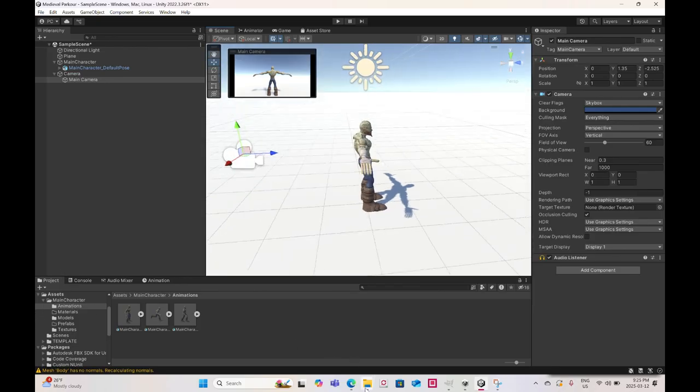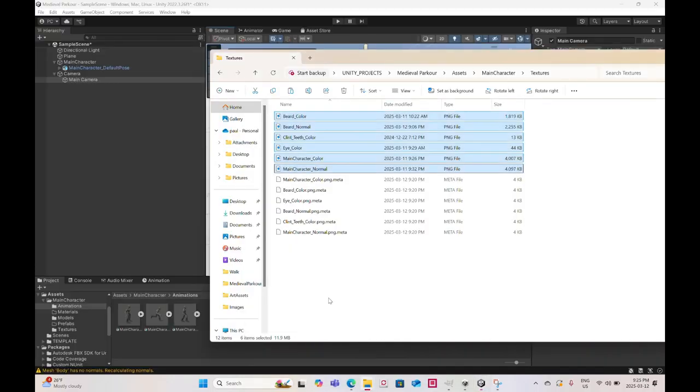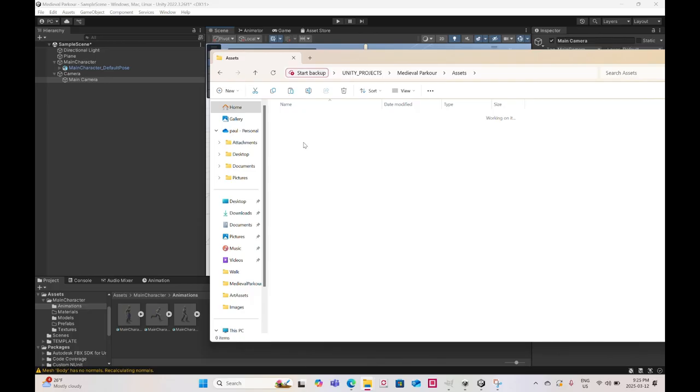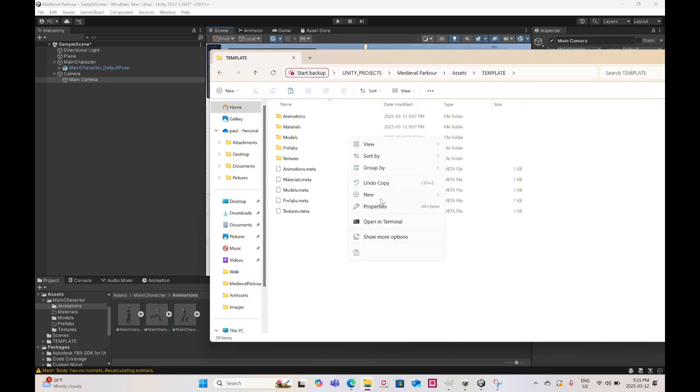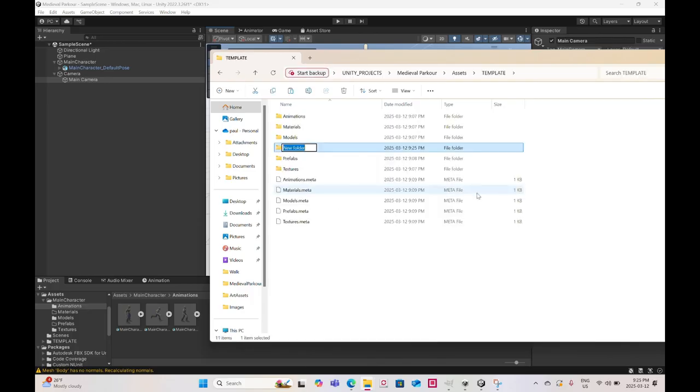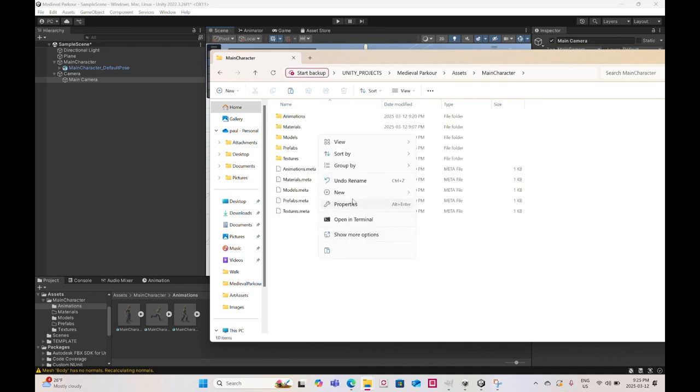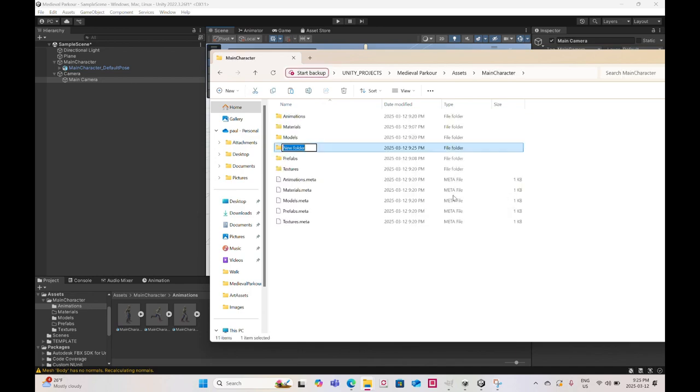Oh, one other thing that I forgot, and I want to take care of this right now. So the template, I want to create a new folder called Animator, and I want to do the same thing for the main character. Folder, Animator,